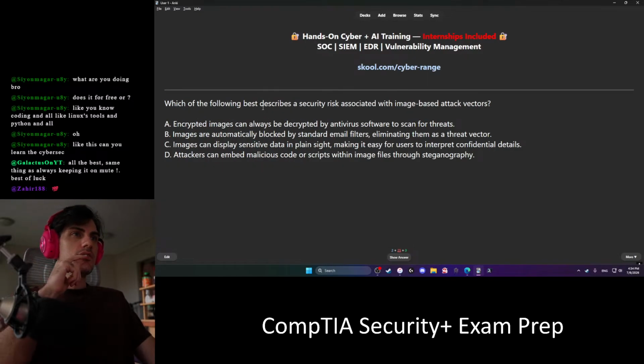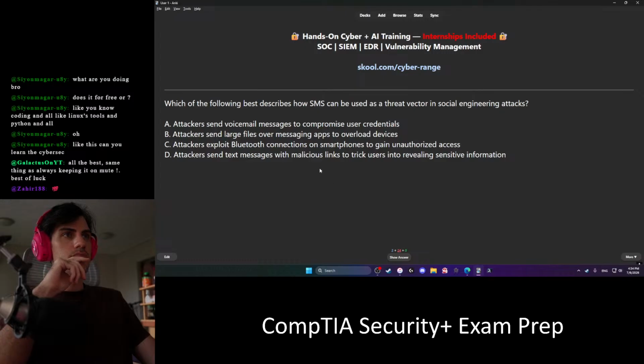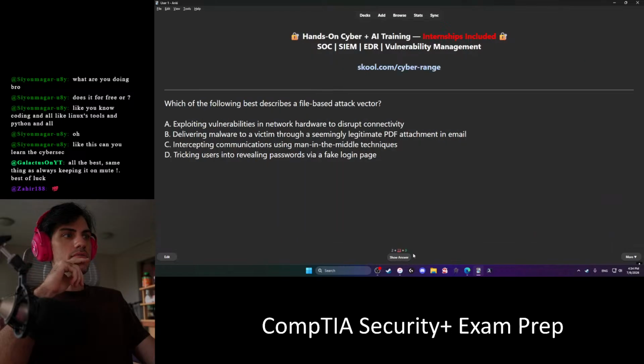Which the following best describes a security risk associated with image-based attack vectors. There, D. The following best describes systems to be used. D there.